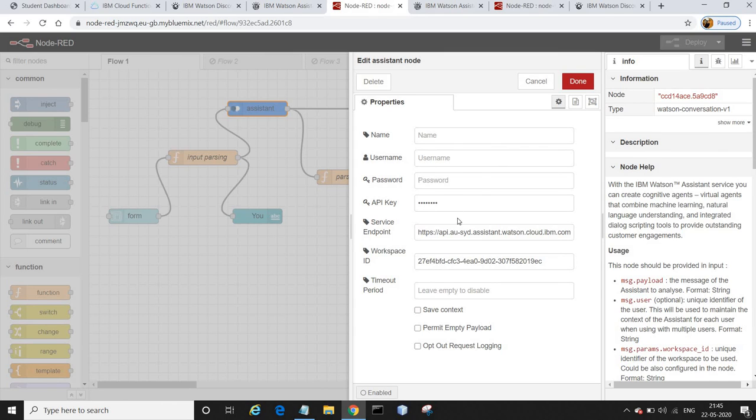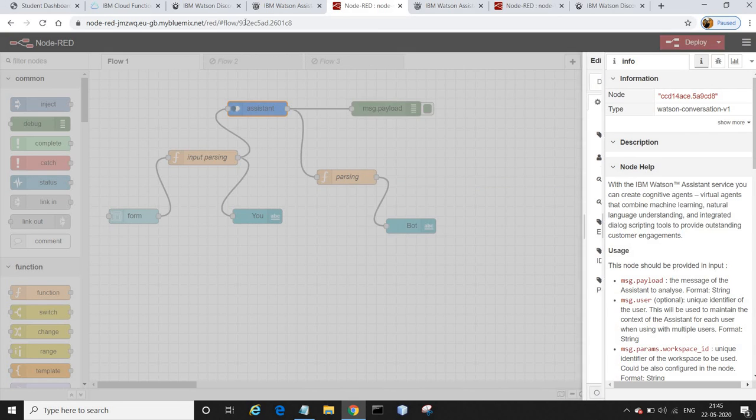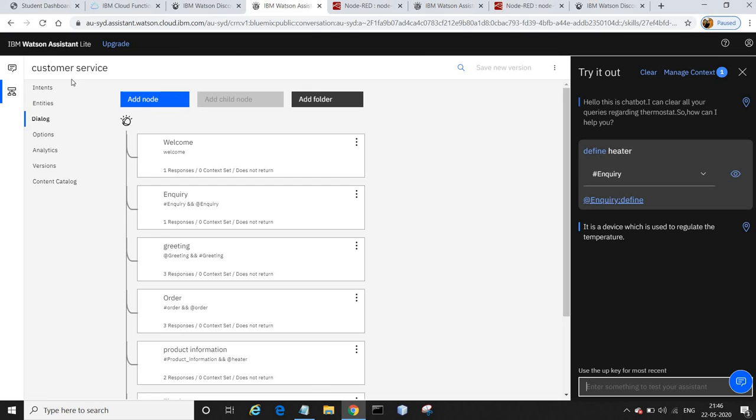You need to copy the API key, service endpoint and workspace ID from assistant. Go to Watson Assistant.